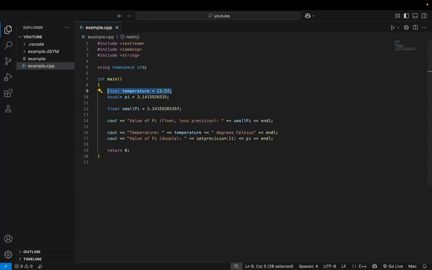For double, you don't need a suffix. You can see how double holds a much more precise value of pi when I run the code. When dealing with calculations, especially financial or scientific ones, double is usually the way to go. So,